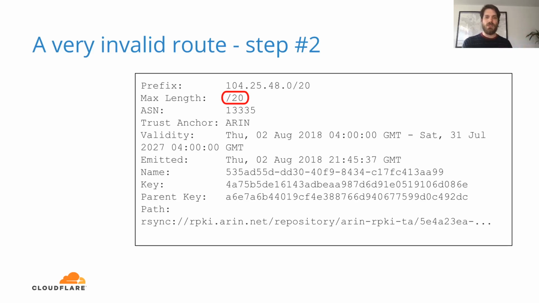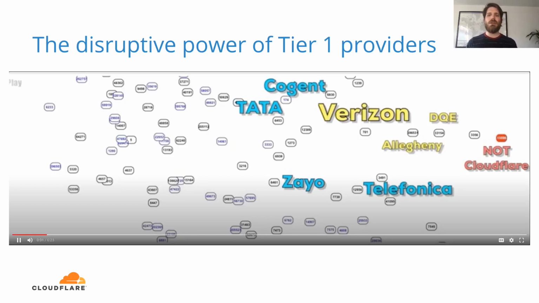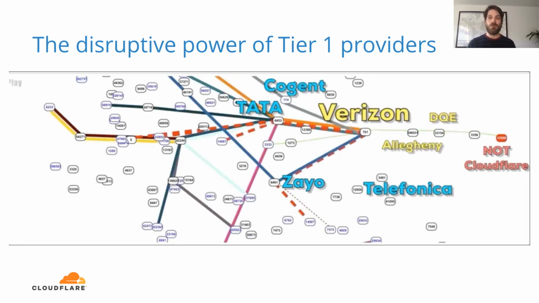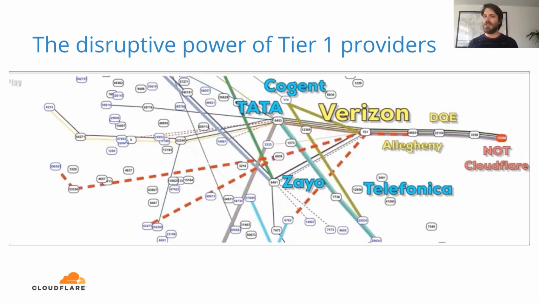But as you've seen in the previous slide, a /21 was seen in the default free zone. So I think we can, again, all agree that something has gone very wrong indeed. So once this very bad route had passed Verizon, it's too late. Many other tier 1s just blindly trust Verizon and redistributed the bogus route to all their customers and peers. What you may notice though is that some important tier 1 providers are missing here. We'll get back to them later.